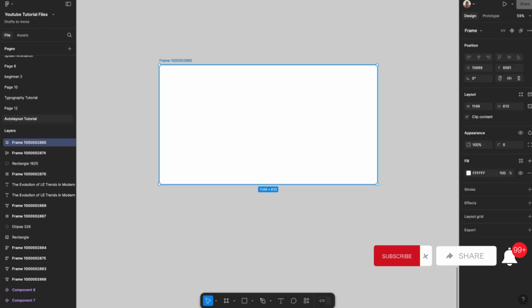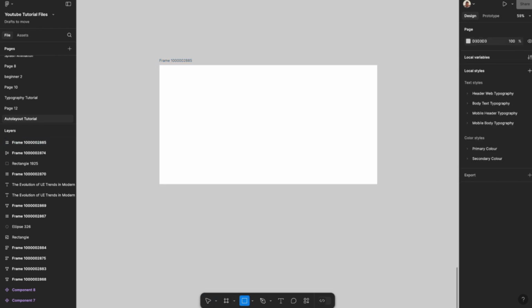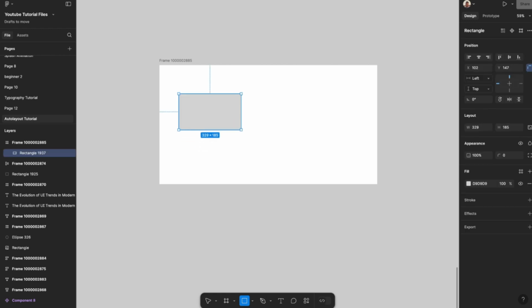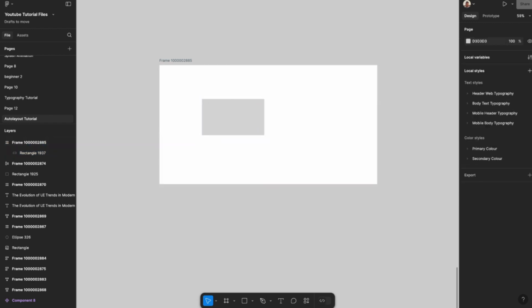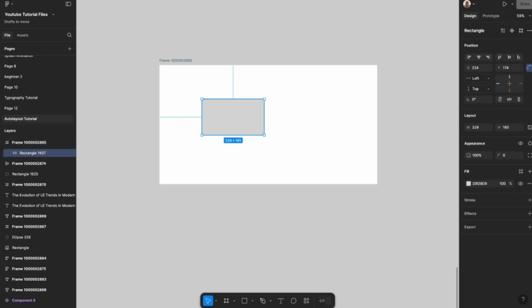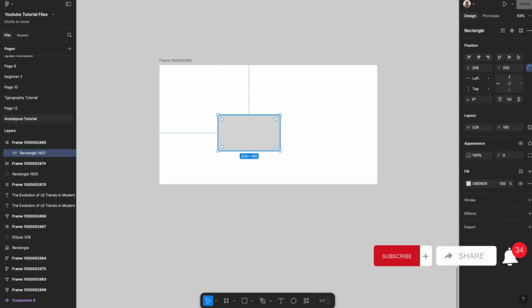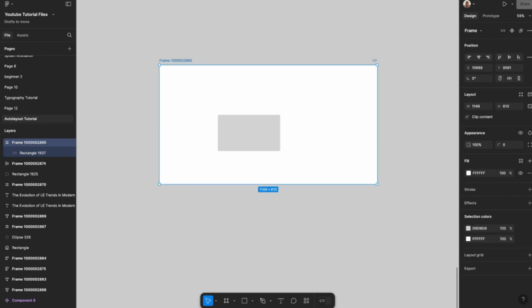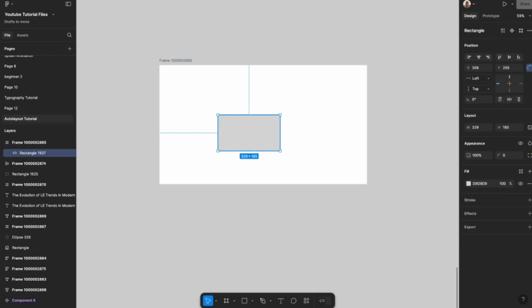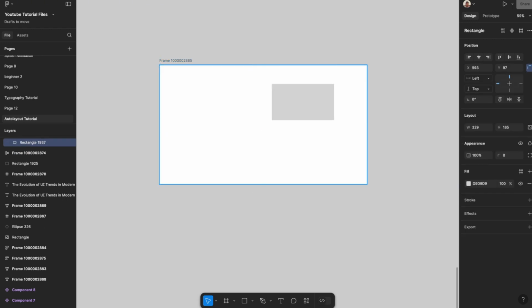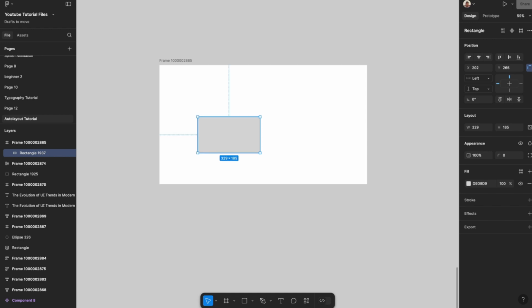So I'll be creating this little frame and I'll be bringing in some objects inside of it. So this is my rectangle. This is a normal frame without Autolayout. There's nothing inside of this, and the only thing I can do is just move this frame around. There's no constraint, there's no padding, there's no responsiveness. Because if I move this frame right now like this, can you see? It's not responsive. It's just my card and my rectangle inside of it is just moving,